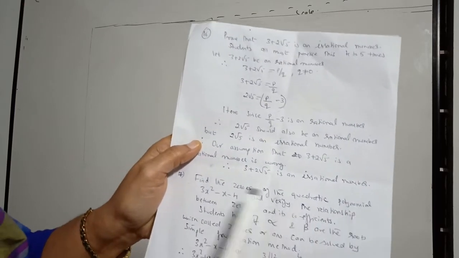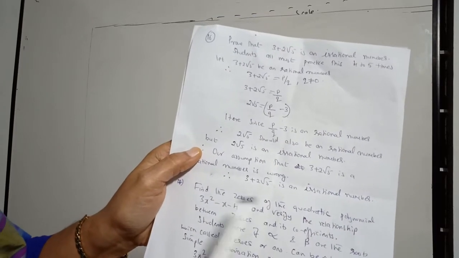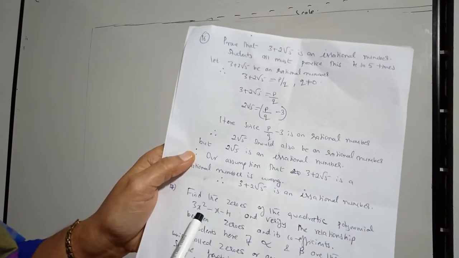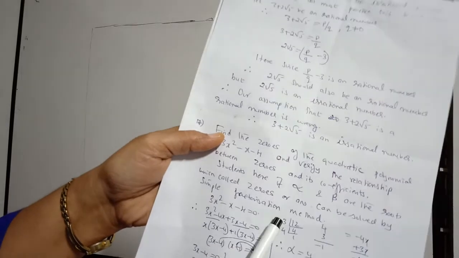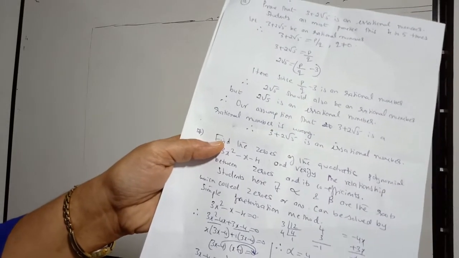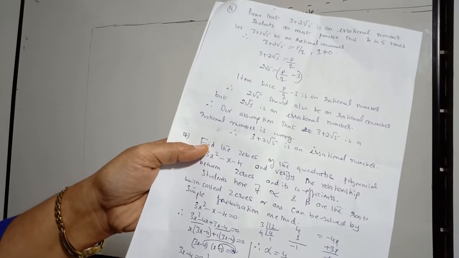Find the zeros of the quadratic equation. See, remember this heading, zeros. Zeros is nothing but factorize it, and then alpha plus beta. See, I have factorized it. 3x square minus x minus 4 is equal to 0. Factorize it, you get the value x is equal to 4 by 3, x is equal to -1. Put the values, alpha plus beta is equal to minus b by a. Put the values and get the answer.